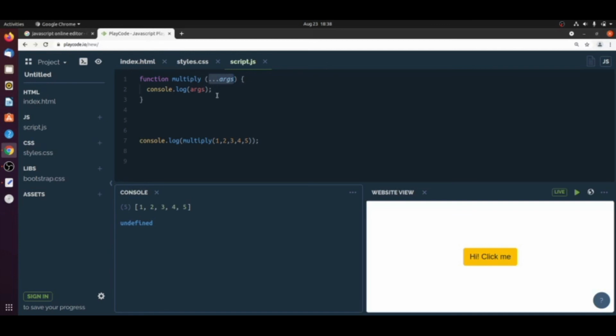Now I think you got an idea regarding object destructuring, array destructuring, spread syntax, and the rest parameter of advanced JavaScript. I hope you will go through this whole session and practice it by yourself, and also refer to some other links from Google, so it will be more helpful for you.